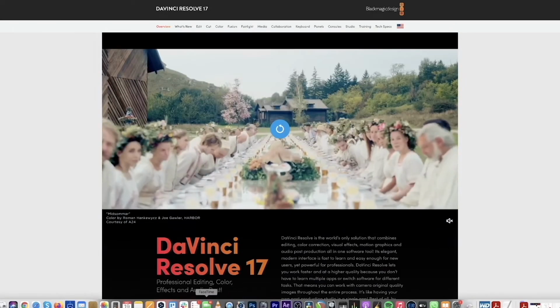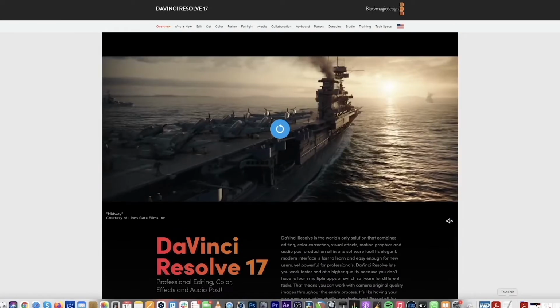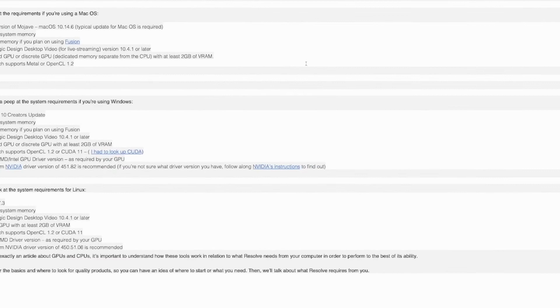Before we download it though, it's very important that we know our minimum requirements. In case of Mac, these ones here. In case you use Windows, these ones, and Linux, these ones. Make sure you have everything here, especially these three and these ones too. I'm going to leave it a bit so you can all see